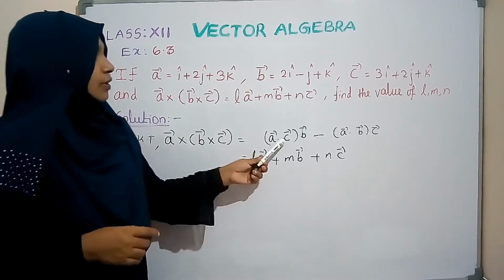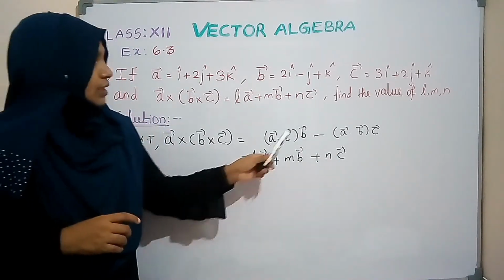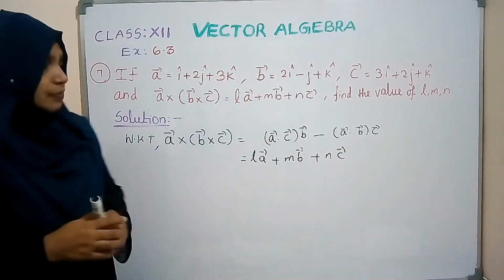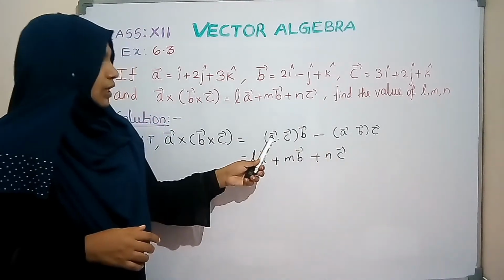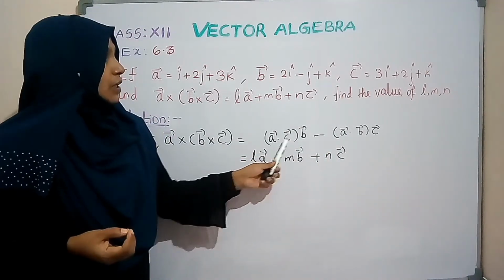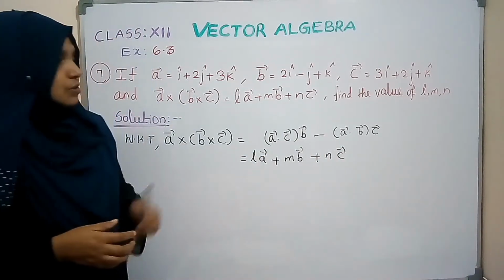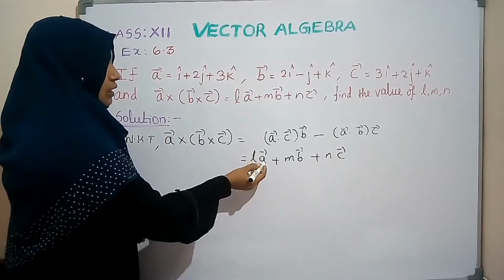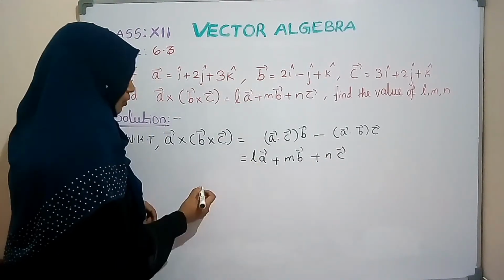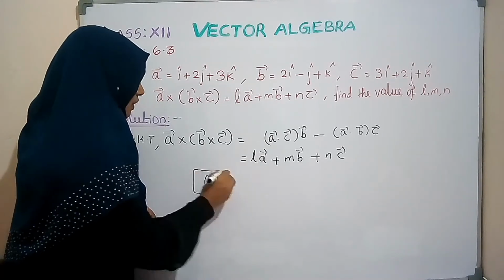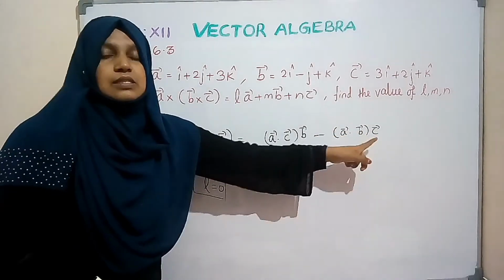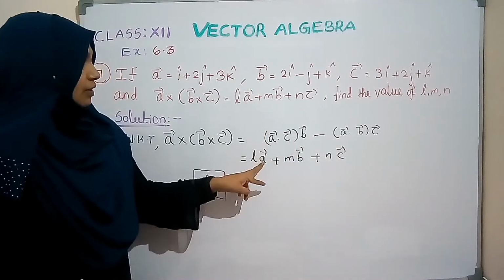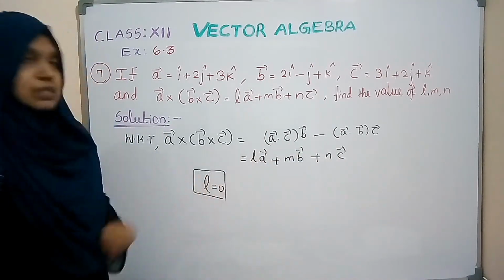We know that in our formula we have only two terms, one is the b vector term, and another one is the c vector term. There is no a vector term here, okay? Only a dot c is a number, that is a scalar value. a dot b is also a scalar value. So we have vectors b vector and c vector only. There is no a vector. So here a vector is given, that means the L value will be 0. By comparing this, we can say that there is no a vector in this term. We have only two terms, that is b vector and c vector. So there is no a vector means the coefficient value will be 0.